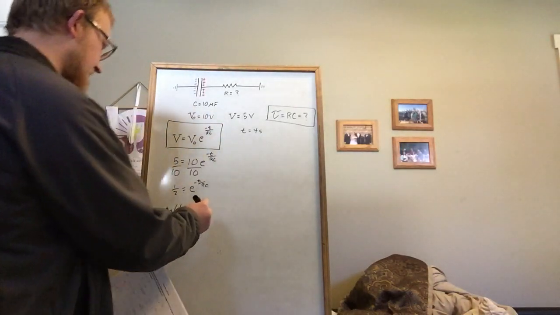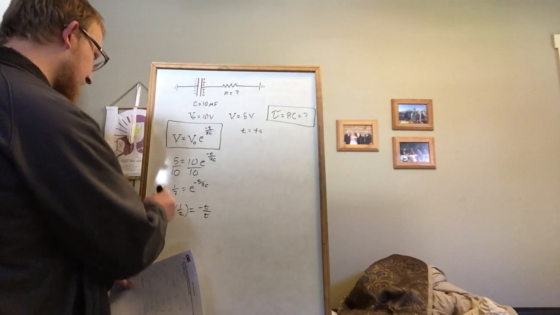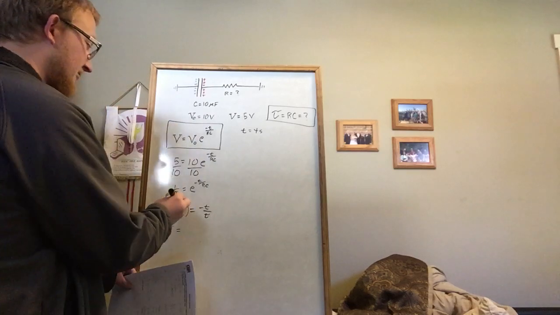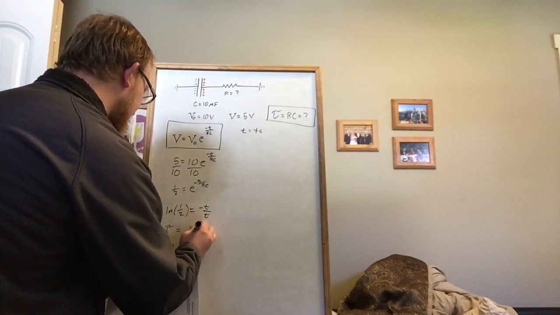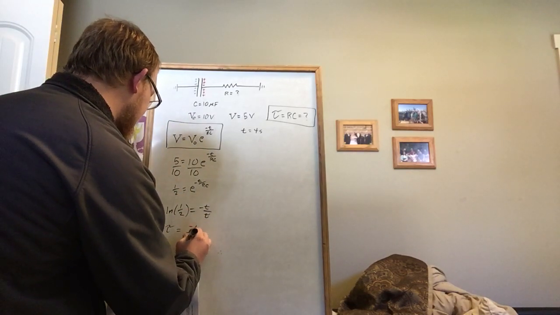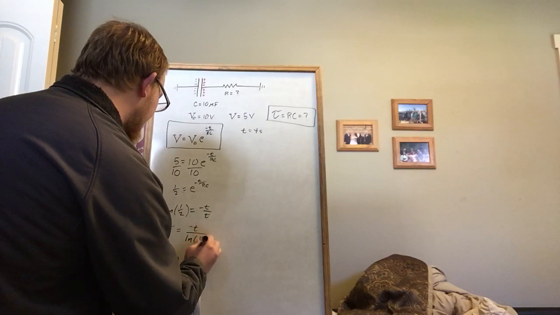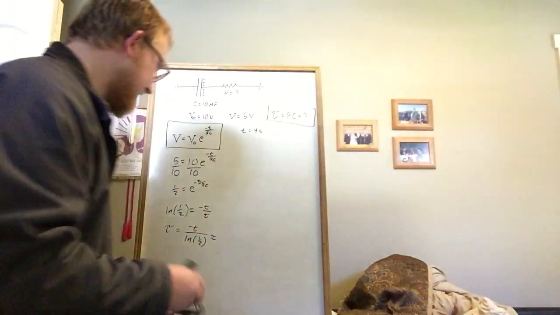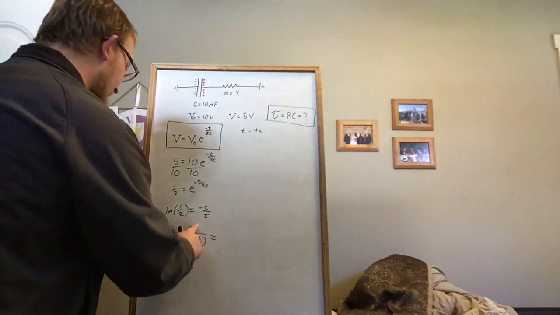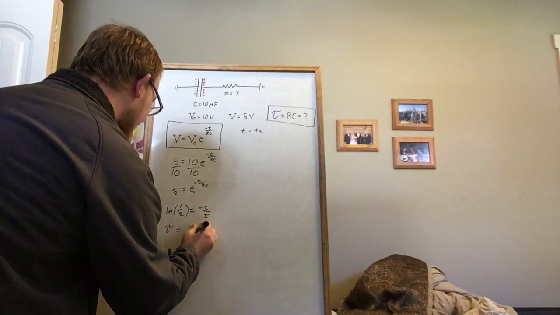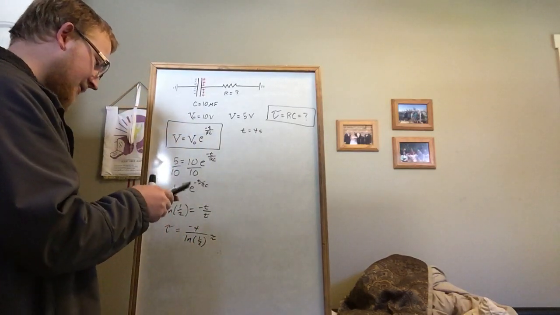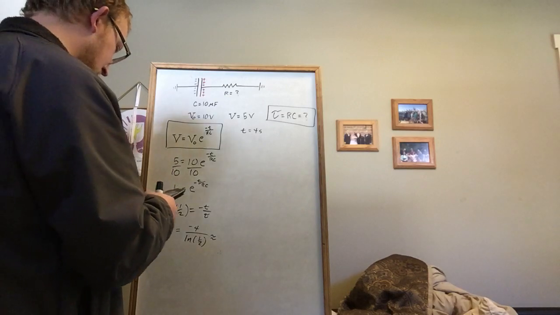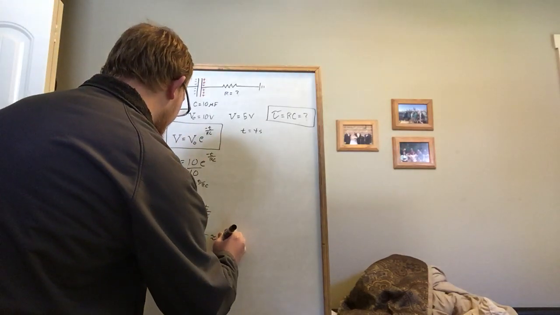Okay, so the next step is we can solve for tau by multiplying it over, tau equals, and then dividing ln over. So that's tau equals negative t over ln of 1/2. Let's go ahead and plug that into our calculators. T is 4 seconds. So we've got negative 4 over ln of 1/2. And what I'm ending up with is a tau of